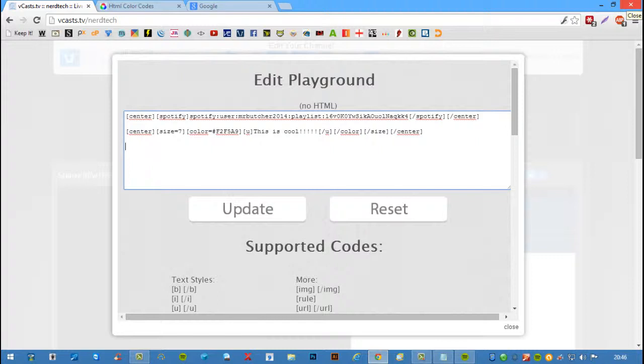You might want to insert an image that somebody can click on to go to a site. Well, to go to a site we can use URL, so I'm going to type in URL, but this time I'm going to type in equals, 2 quotes or speech marks, and I'm going to type in the site I want people to go to when they click on it, and I'm going to close that off. And inside of that, I'm going to put image BB code, close that off,